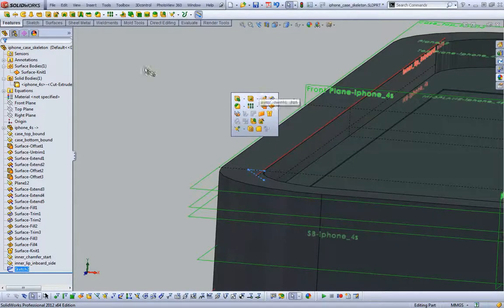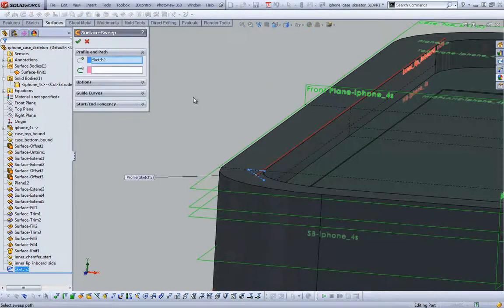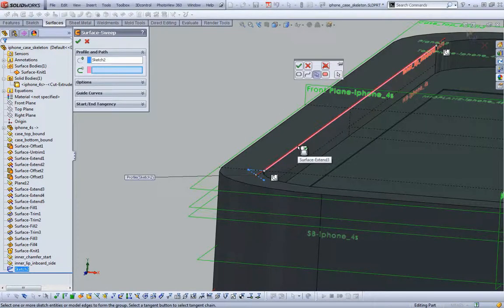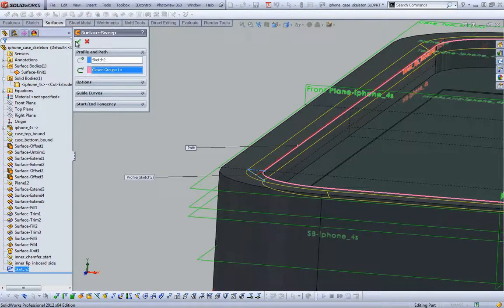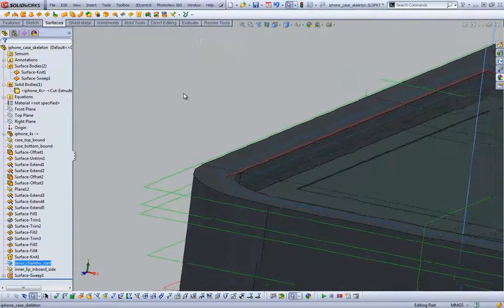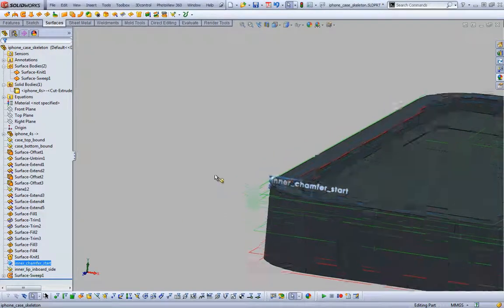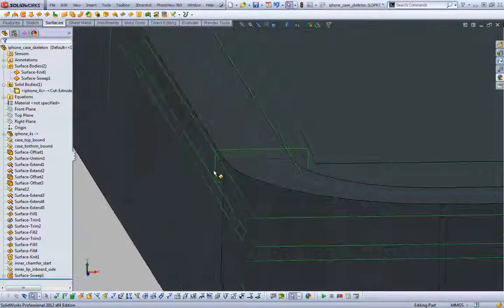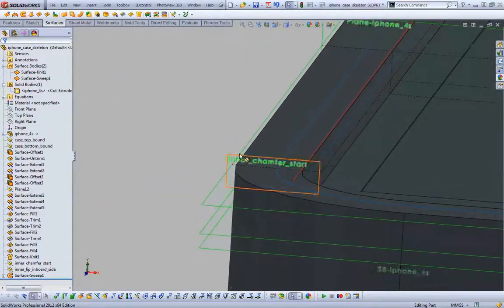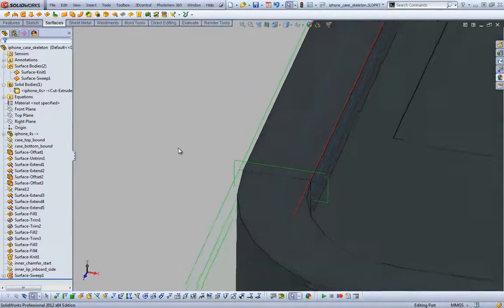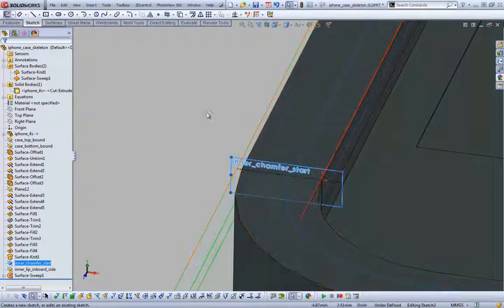And then I'm going to sweep a surface using that sketch. Grab the selection manager, pick the edge, grab the tangency. Alright, there's that. It's kind of large. Okay, so then we need to cut a chamfer around the outer edge too. So since these arcs are concentric, then we'll just do another sketch on this same deal